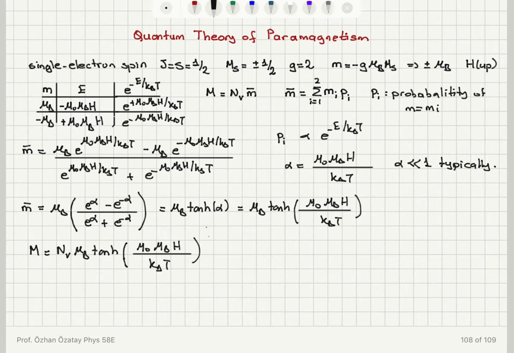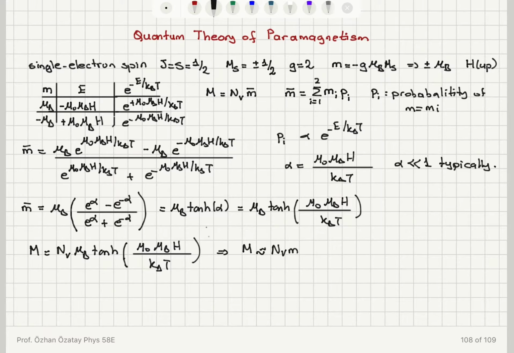Mu 0 is 4 pi 10 to minus 7. Mu b, the Bohr magneton, is also a very small number. So I have alpha typically much less than 1. So basically I can see that an approximate value for m would be